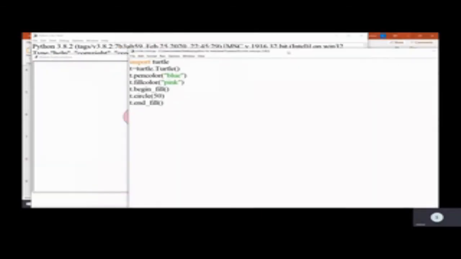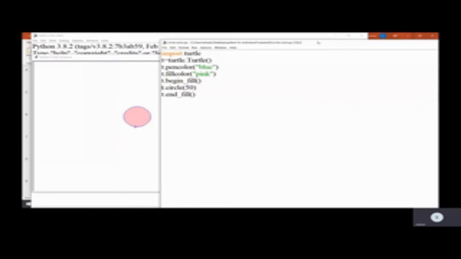Now let us understand how this output has come up. So what did we do here? We are working on the turtle module, right? In Python, if you want to work on any library or module, always remember to import it. Importing the module is going to bring all the functions from the libraries available.